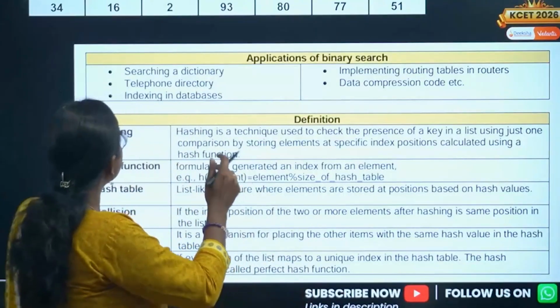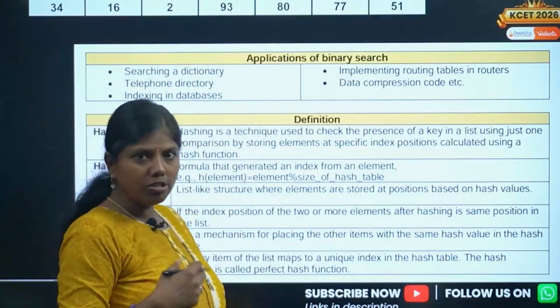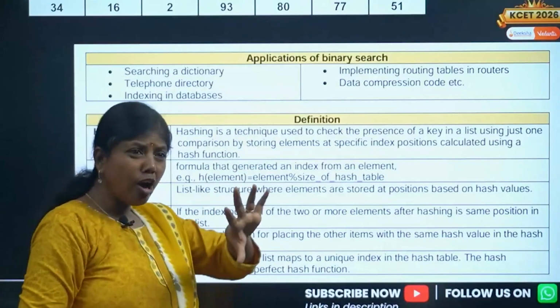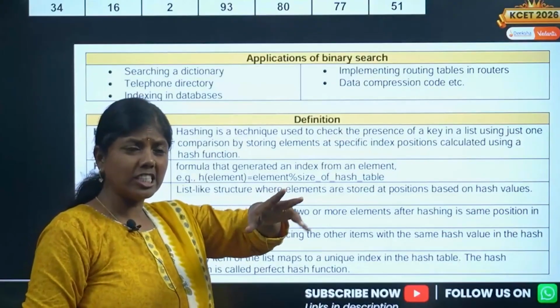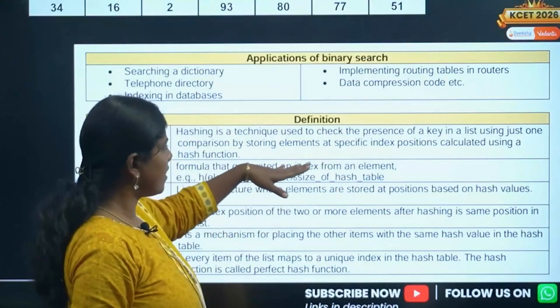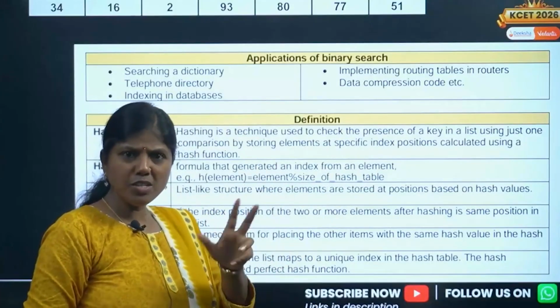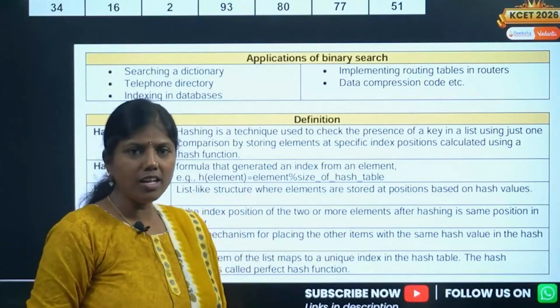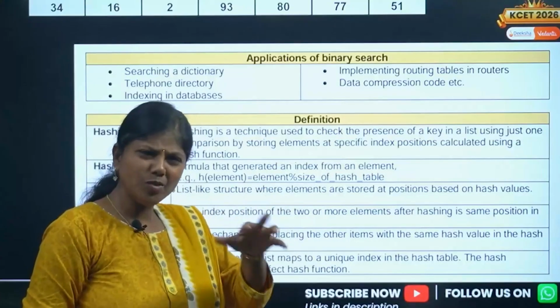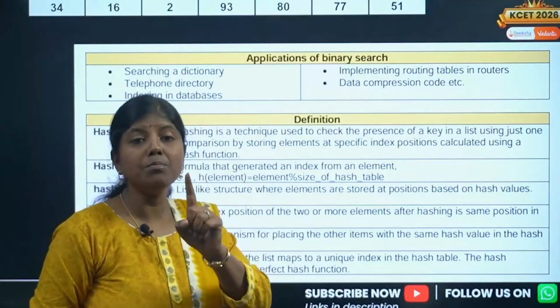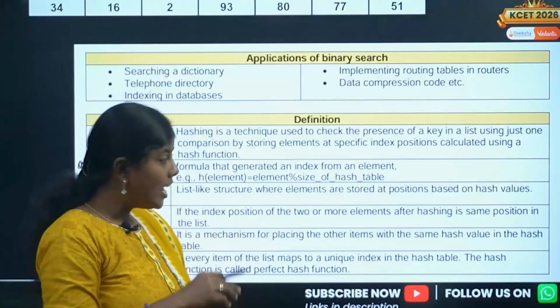So, we have certain elements; we'll just see this and then come back to that. And how do you find out the hash? Calculate the index position using a hash function. There should be some function which will calculate the index value. Then what exactly does the hash function do? How will it calculate? There are different methods. One simple method is using the remainder method. How is it done?